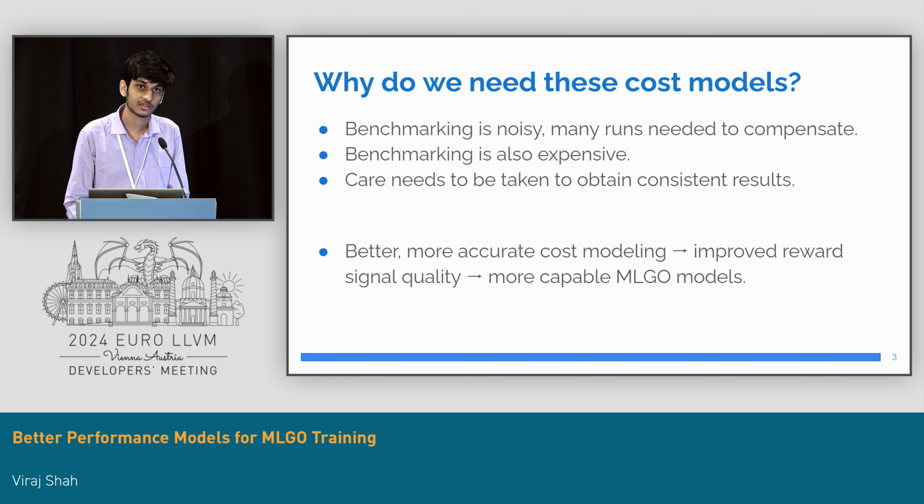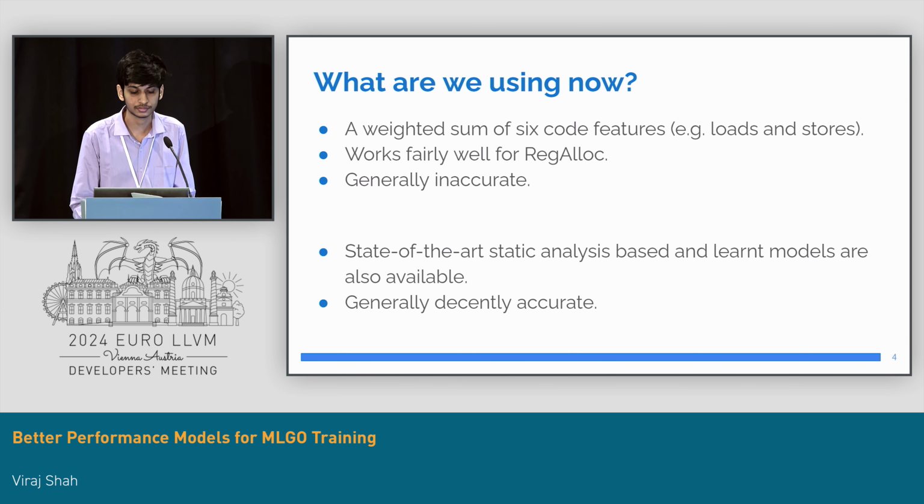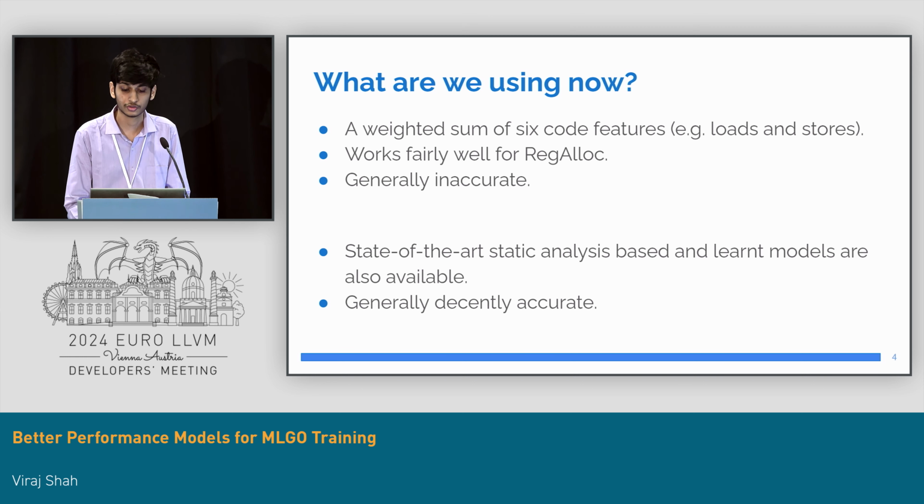And since cost models determine the reward signals, it is crucial that the predictions of the cost model are accurate and made effectively, as the quality of the reward signal directly affects the quality of the decisions made by our models. The cost model used for register allocation eviction in upstream LLVM is a fairly simplistic linear model which scores machine functions based on certain types of machine instructions like loads, stores, copies, how many of them there are per machine function or basic block. And then you adjust them for basic block frequencies to get a score or some idea of how good the